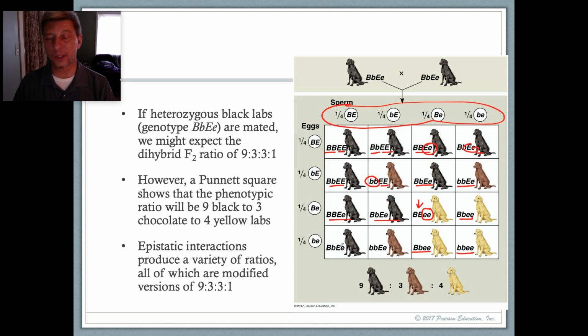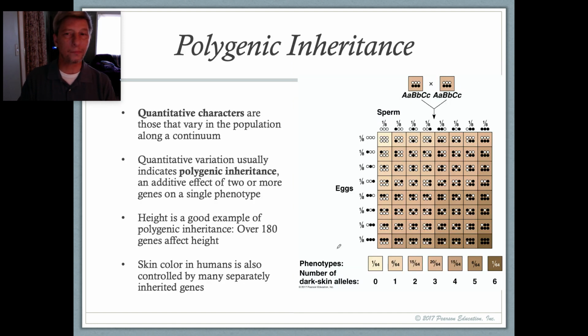And so if you look at this carefully, you'll realize that brown labs can reproduce with each other and produce brown labs, but they can also produce yellow labs. Yellow labs can only produce yellow labs, and black labs can produce pretty much anything. So it's an interesting thing. Epistasis is this phenomenon. Another aspect of this is polygenic inheritance, and these are traits that vary in a population